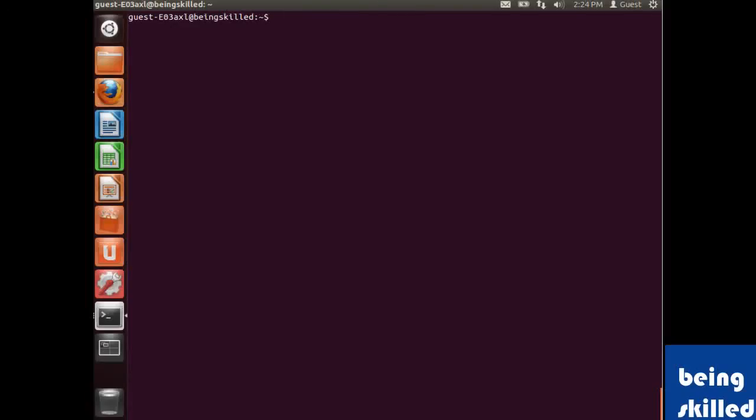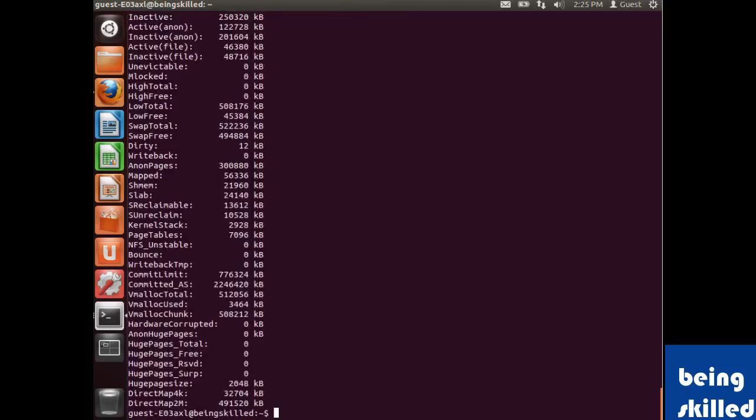There might be times when you want to know about memory resources, and for that we use cat /proc/meminfo. So what it does is it displays you very minute details about the memory resources available in your system. So let's press enter and see what it has.